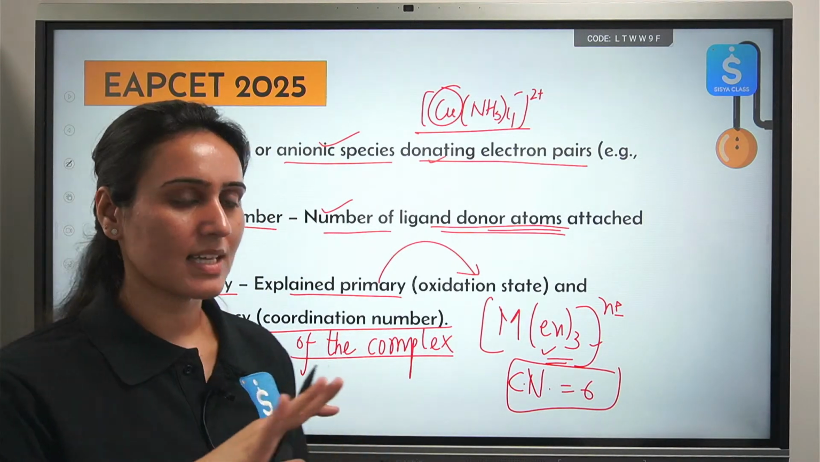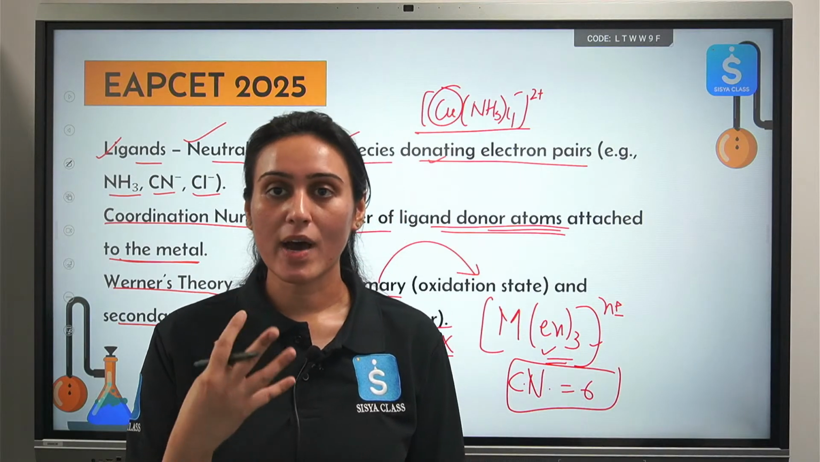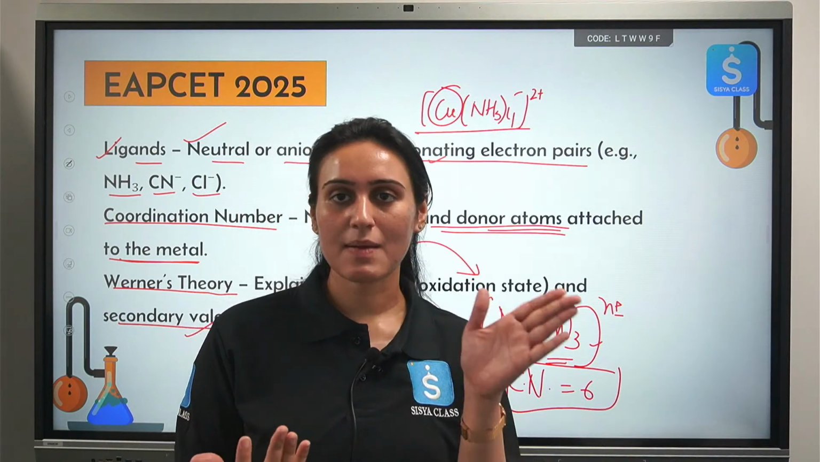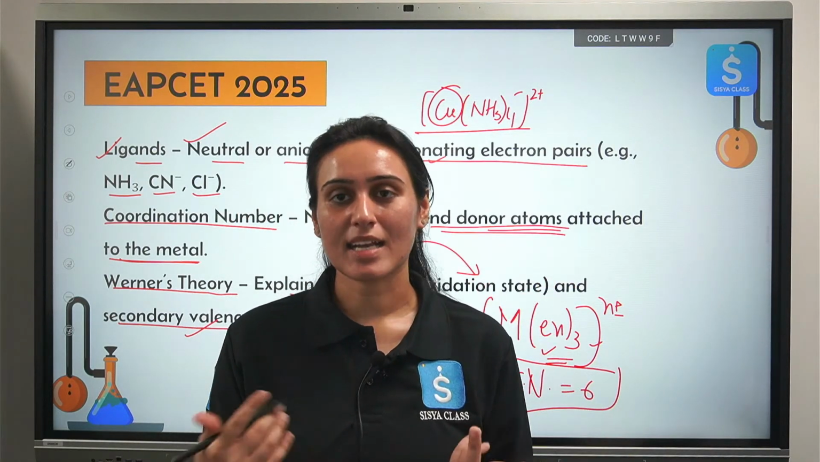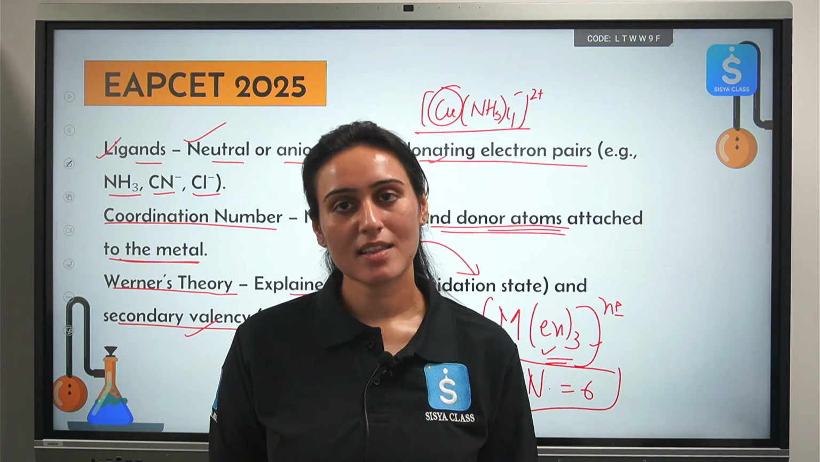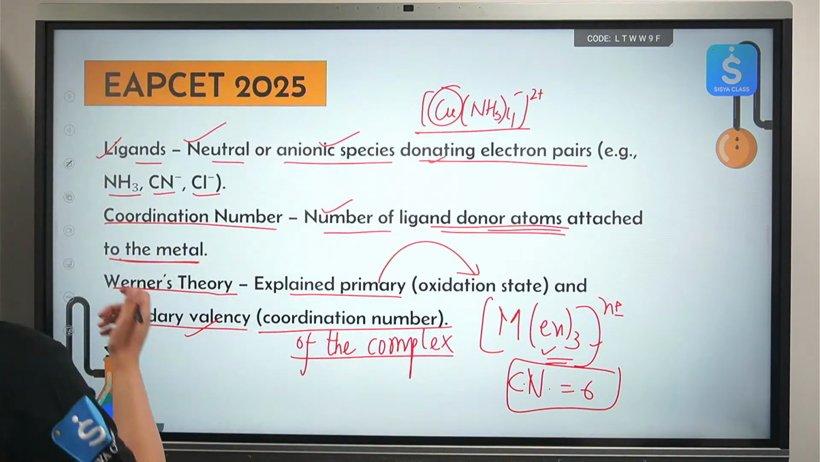Don't worry about anything else. So this is what we mean by Werner's theory. Okay, primary valency, oxidation state, secondary valency, coordination number. Okay, next,